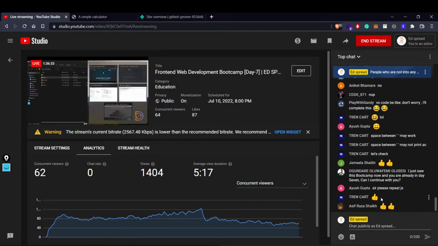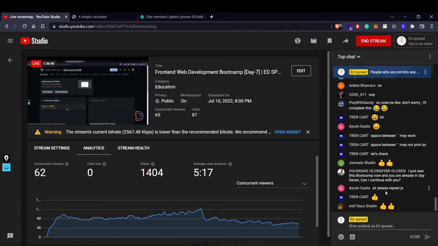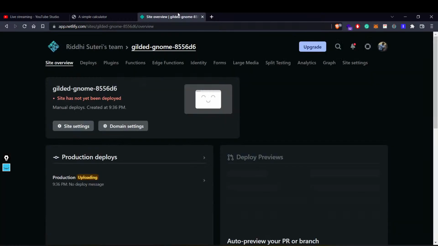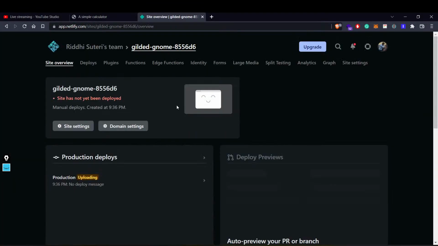Then I'll take one more minute to repeat everything that we have done, because you might need a revision of that. But till then, I want to host it so that everyone here knows how we host it. Hosting is fairly simple. You can also host it with Heroku. You can host it with GitHub Pages and everything. But this is the simplest way of doing that. So that is what I'm doing right over here.